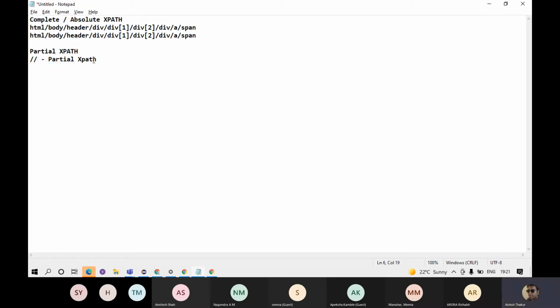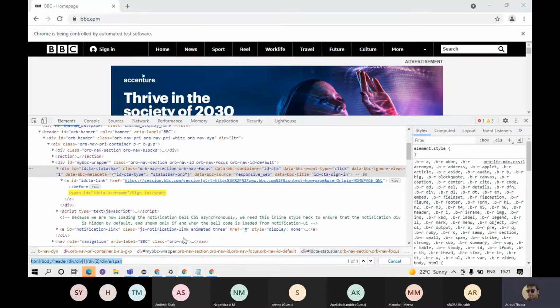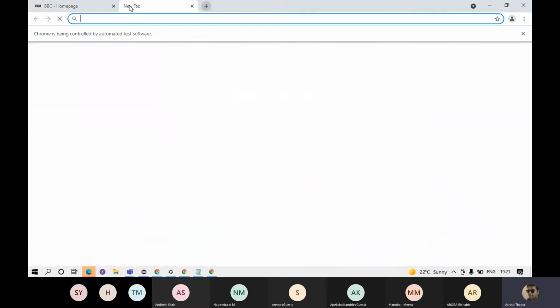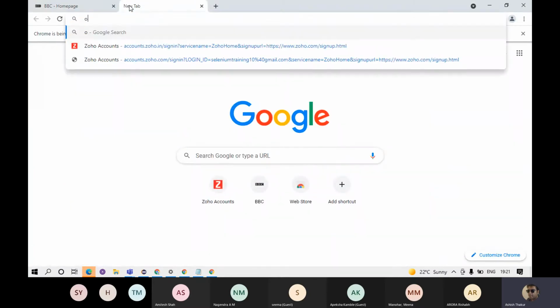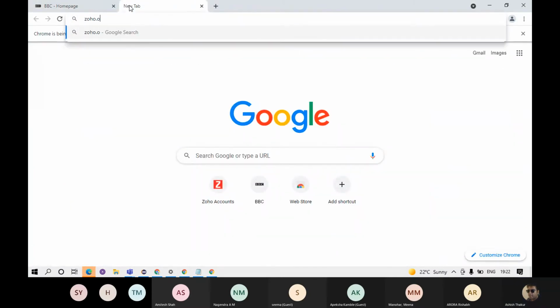Okay, partial XPath always will start with a double slash. Okay, like for example, say I go to any website, say I go to Zoho only,